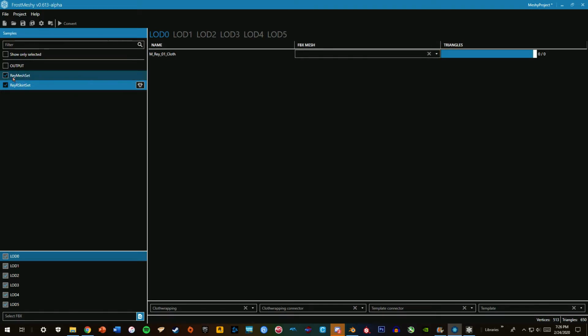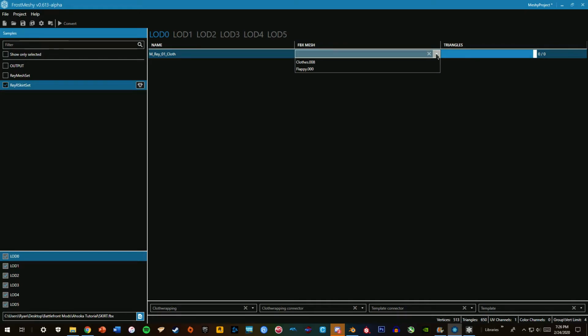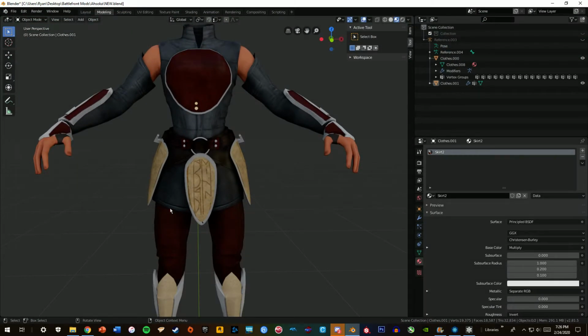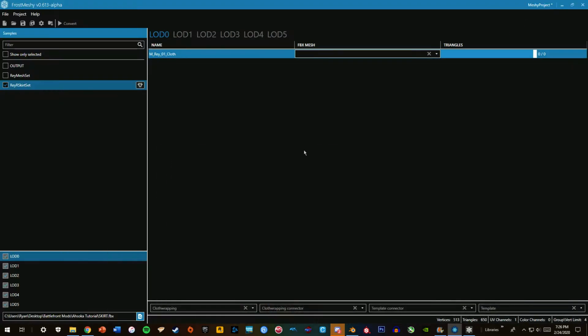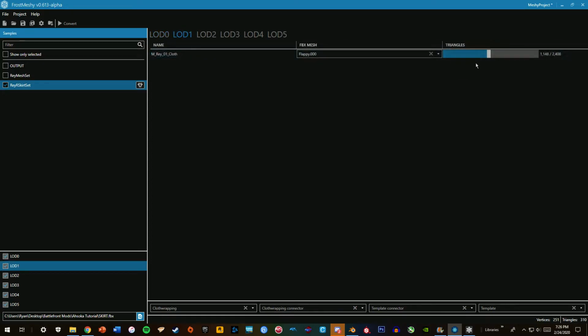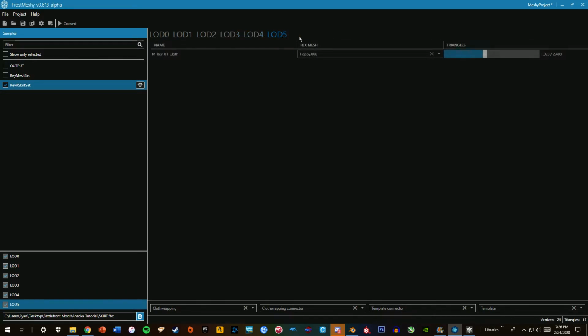So it's just like normal mesh importing. You click on the check mark, you select your FBX skirt. In this case, the skirt mesh name was, to figure that out, you expand the object here, Flappy. I'm going to click Flappy, and then set your LODs. For cloth mesh, I like to keep them pretty high for like the first 2 or 3, and then I'll slowly bring them down a little bit